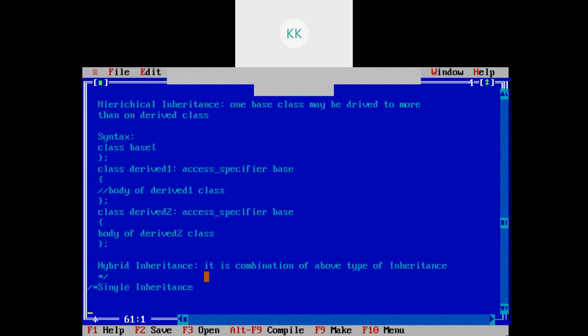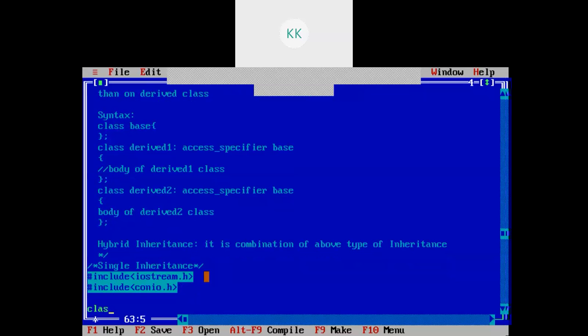Okay, so I will include the files: include iostream.h.